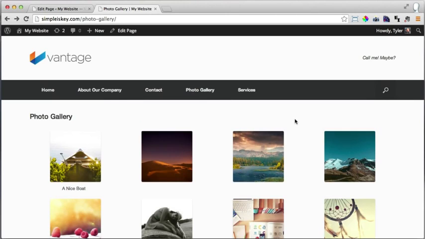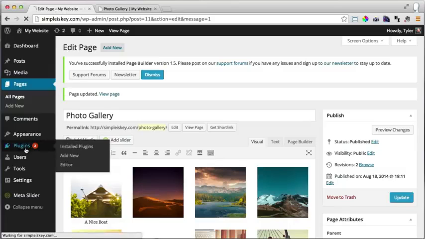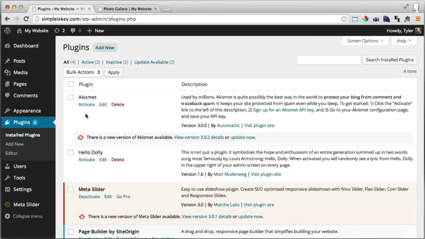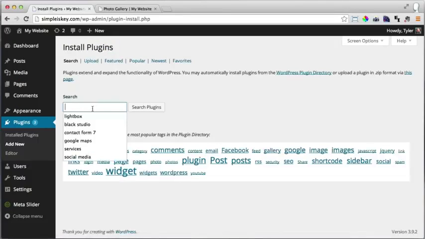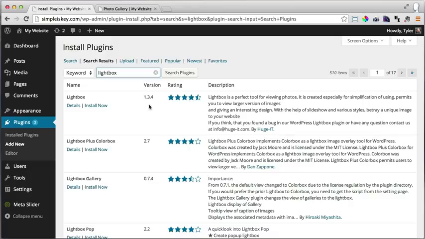And in order to get that to work, we need a new plugin. So again, a plugin extends the functionality of WordPress. So what we can do is we can go back to our dashboard and we can click on plugins and click add new. Now this plugin is called Lightbox. Press enter. And the one that we want is called Lightbox plus Colorbox. We can say go to details